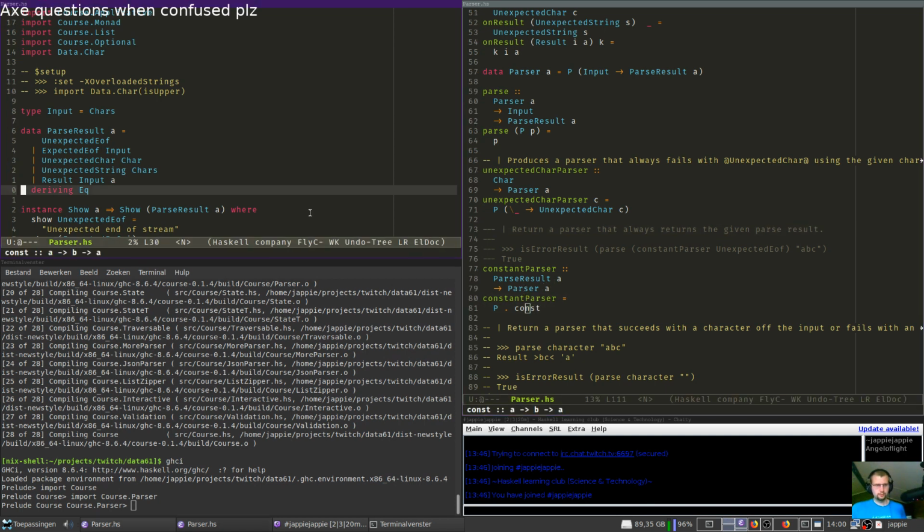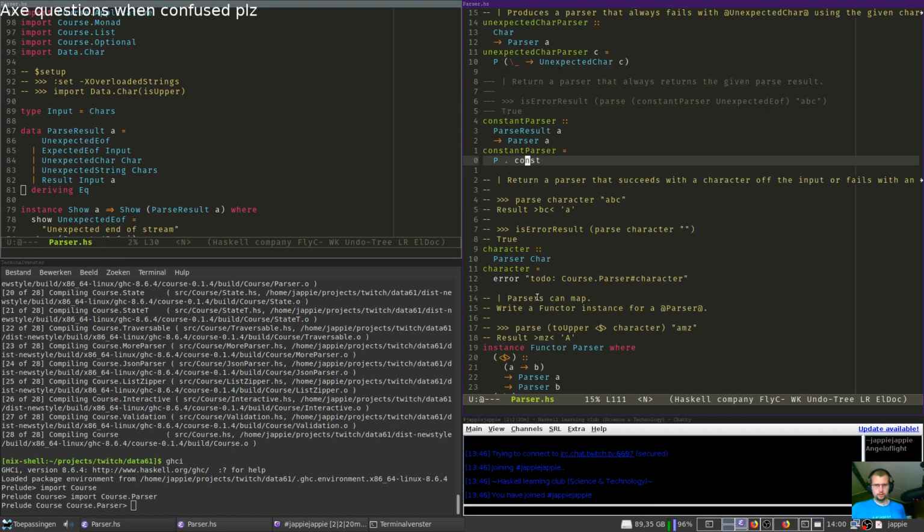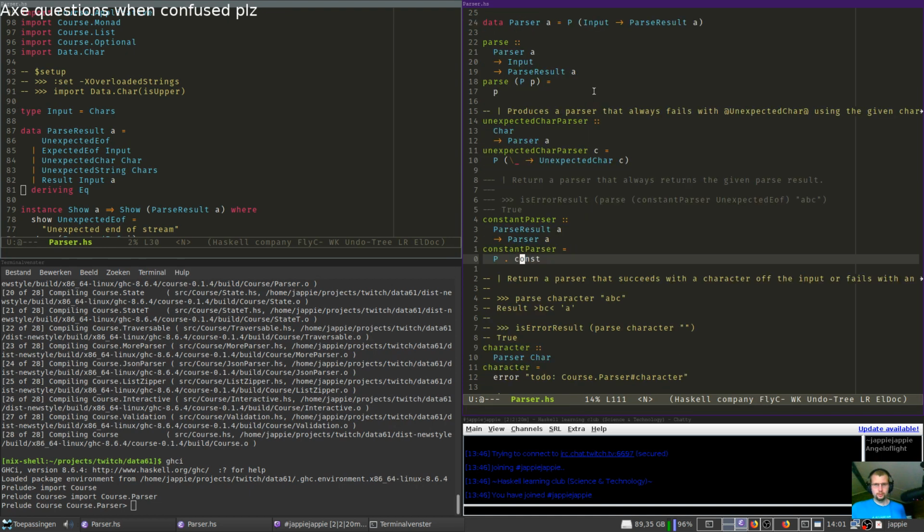p.const. What is a p? Oh, here. Right, so you get a parse result A, and you put it in a parser. You just drop the input. Okay. Yeah, can we get like capture inject? Right, so A to B to A means if you get an input, you just forget about it and return A. So look at this, input to parse result A, we just forget about input because of that.